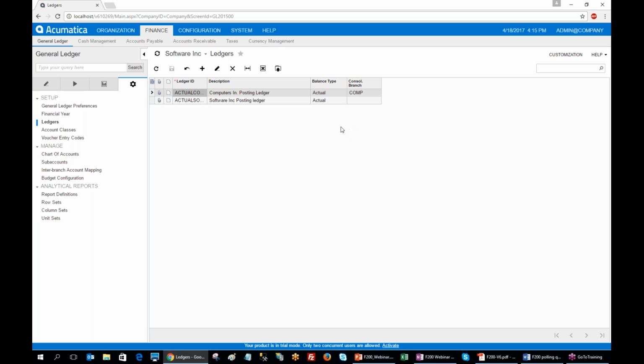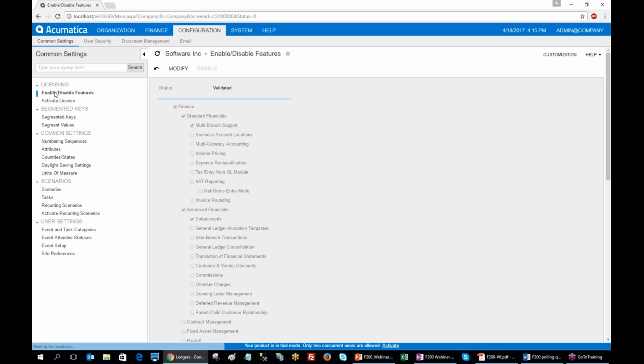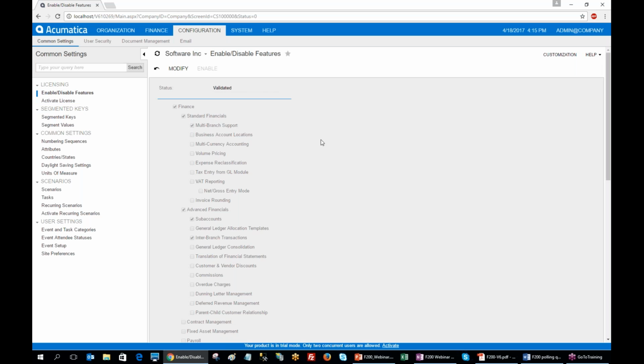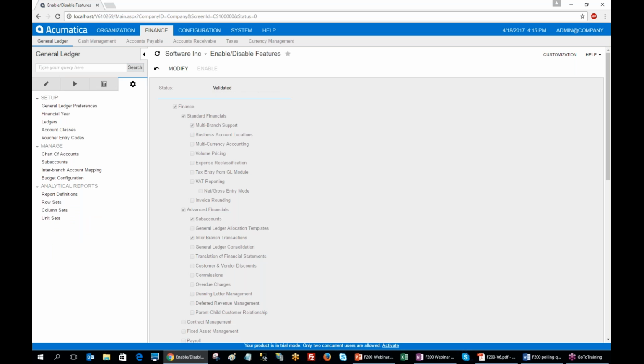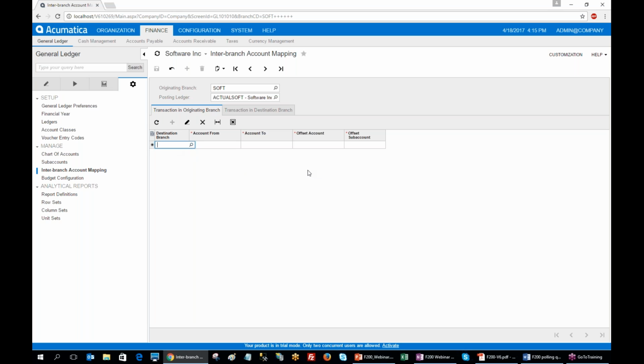So if I want to enable interbranch, going back into Configuration, Enable/Disable Features, I'm going to click on Modify, and Interbranch is available under the Advanced Financial section. I enable this, check it, and click on the Enable button. And what I'm going to now see under Finance, General Ledger, Interbranch Account Mapping screen is a grid that allows me to select